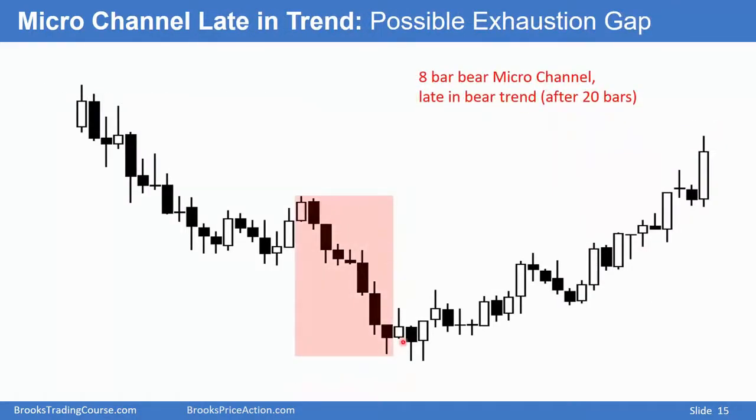A similar strong bear breakout, here about 8 bars down, several closing on their lows, but it's occurring 20 or more bars into a trend. When you have a bear breakout 20 or more bars into the trend, and that breakout is the strongest that the bear trend has been, the odds are that it's going to be an exhaustion gap rather than a measuring gap. It can be a measuring gap, but a strong bear breakout late in a bear trend is more likely a sign of exhaustion, and usually followed by a trading range instead of a measured move down.